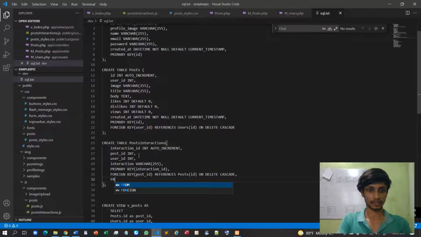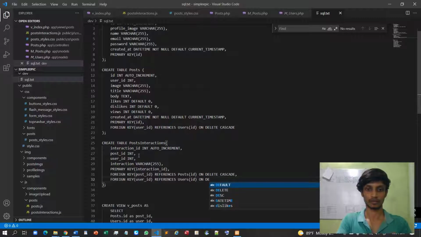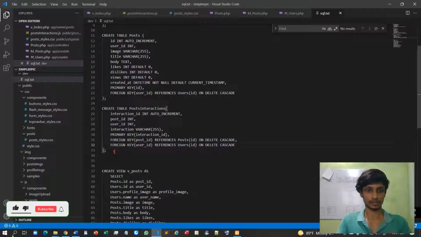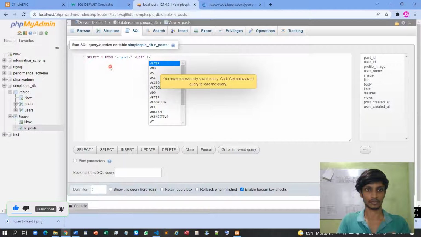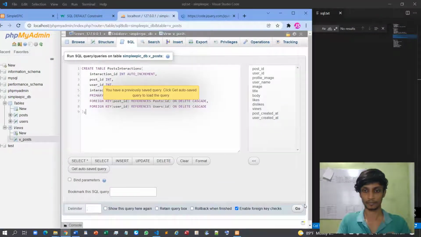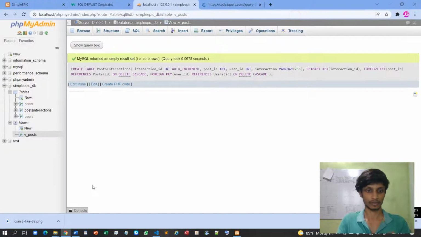So next thing is foreign key user ID, then references the post users ID, on delete cascade. Right, so this is the table. So let's import the table over here. Okay,